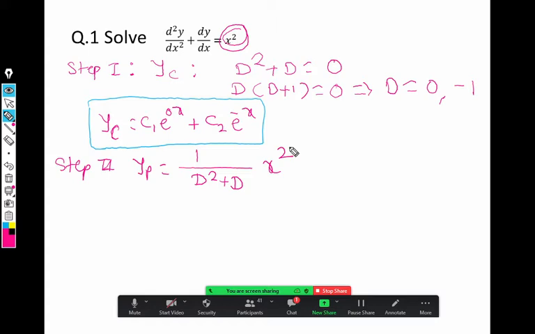Now I want to know what should be common so that we can convert the denominator into the form of 1 plus D or 1 minus D. Anyone? What should be common? What is the lowest degree term in this? D only. D square has degree 2, here degree 1. So we are considering D square plus D as an algebraic expression, and then we are writing the degree. Otherwise, someone said D square is second order, actually.